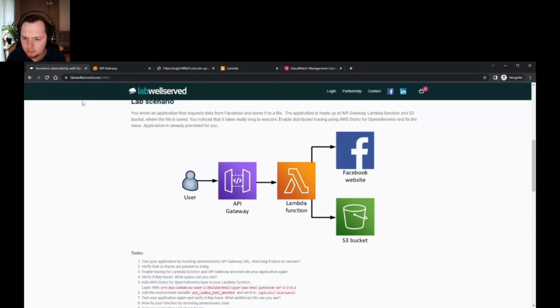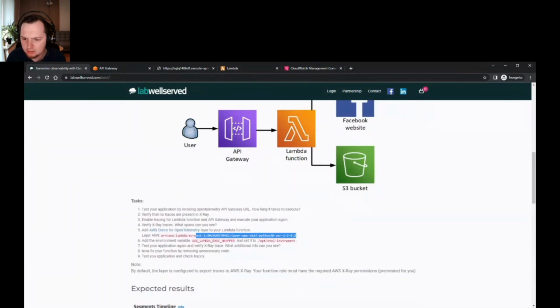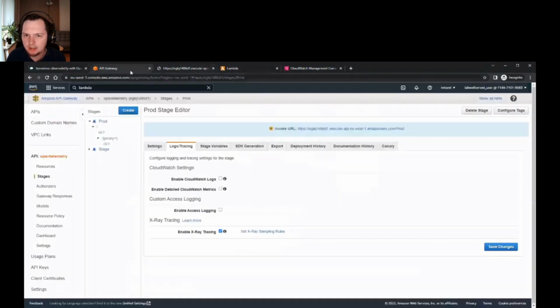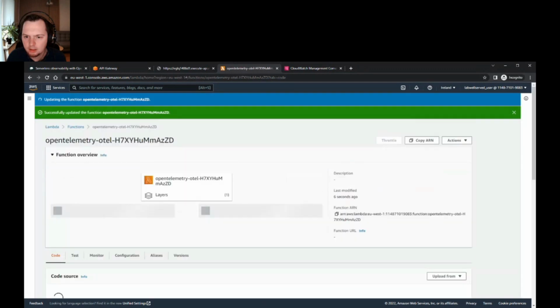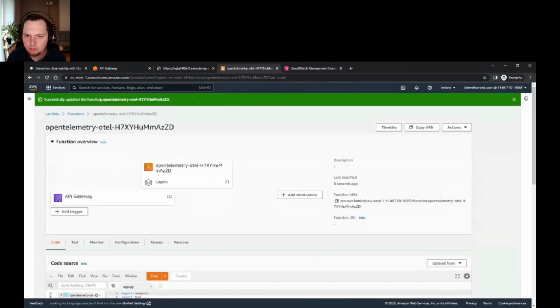I will use the Python one because this function is in Python. I have prepared the ARN, the name of that layer, and this layer will basically add the package that you need for your Python application. So let me click add. Yeah, hopefully it will be updated successfully. It is.